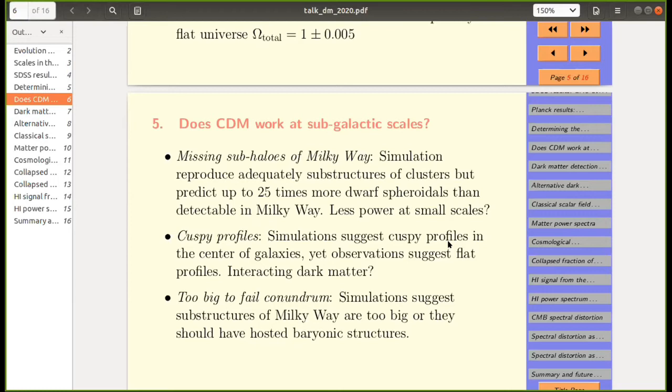Well, these three are based on nonlinear physics. One should say that all of these invoke scales which are far smaller than the scales at which CMB observations or galaxy clustering observations can be compared to linear theory. So that is one of the reasons why it is very difficult to either verify it or rule it out beyond a point.